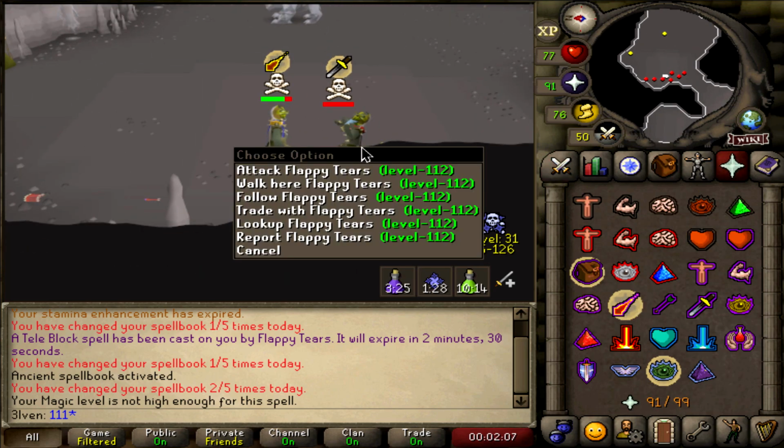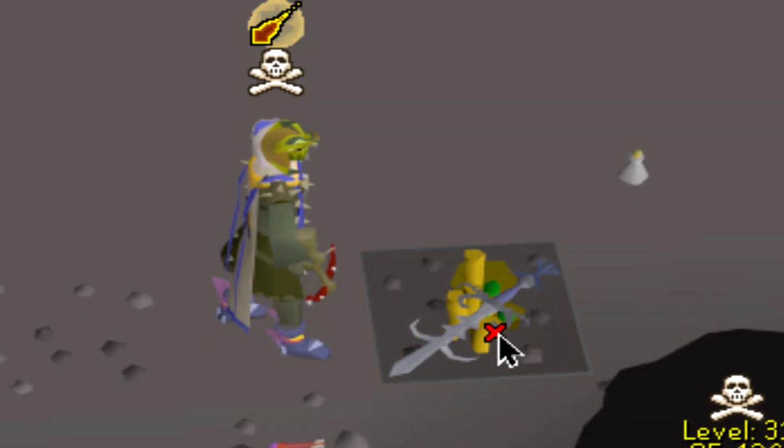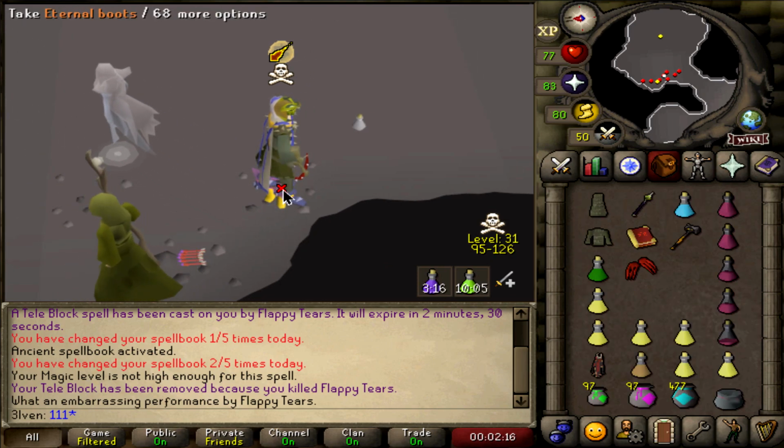Oh my god, I've just PK'd him for absolute bank. I just PK'd an AGS. Oh my dear lord, that was absolutely incredible. Why am I saying I just PK'd an AGS? I just got an... Oh my...